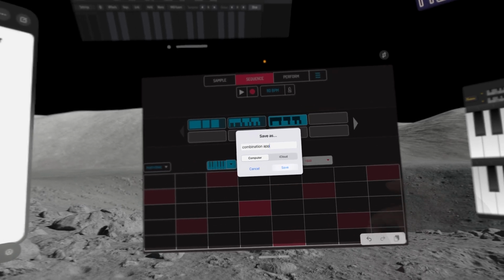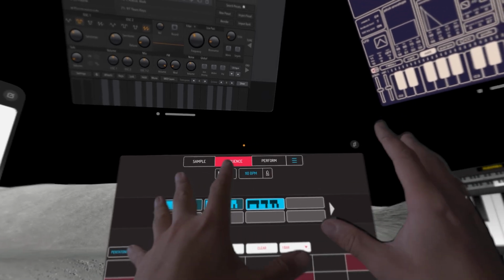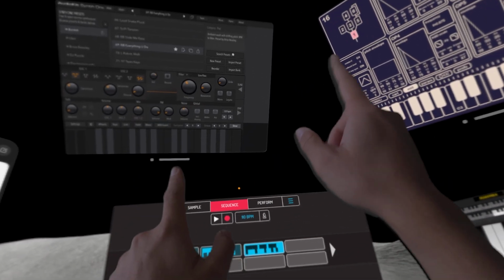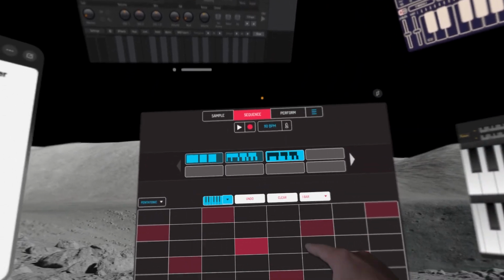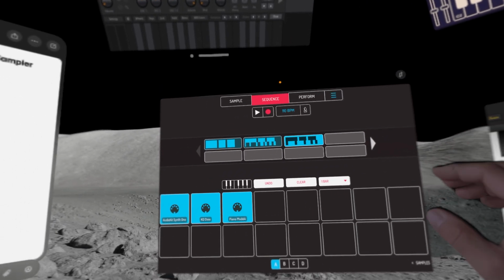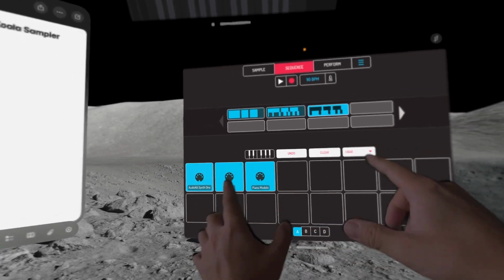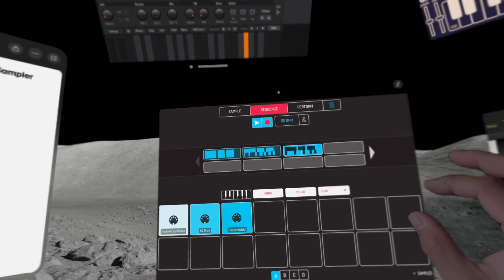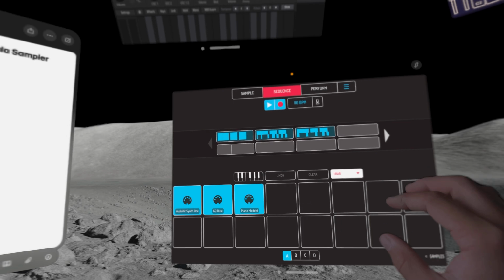I don't know, it's this setup. It takes a while to set it up. I wish it could be just more automatic. I mean, but you can always save it, and then if you have all these apps open up and then Koala Sampler app, it will just work. So it's only playing one MIDI, but we know it's working. So now we can just